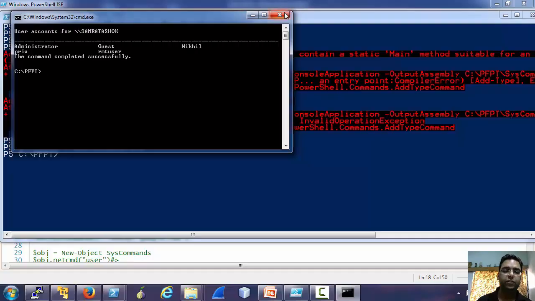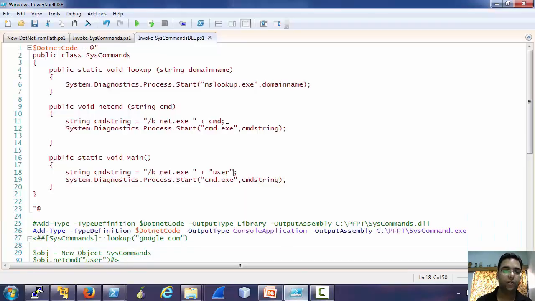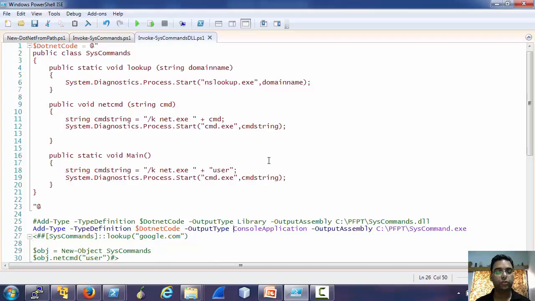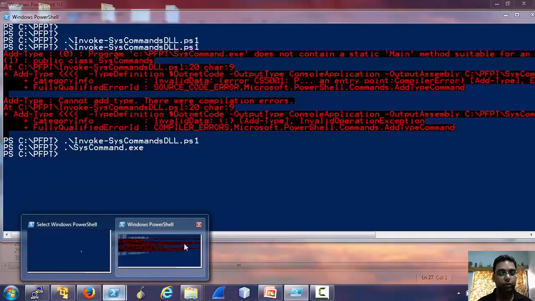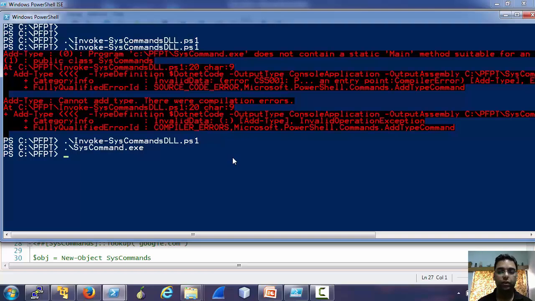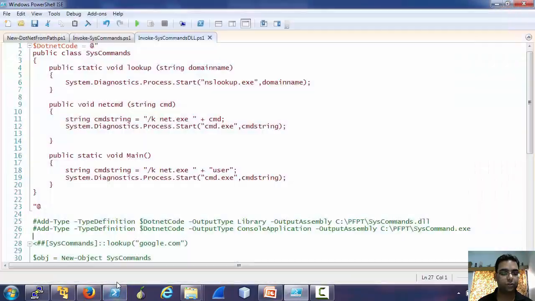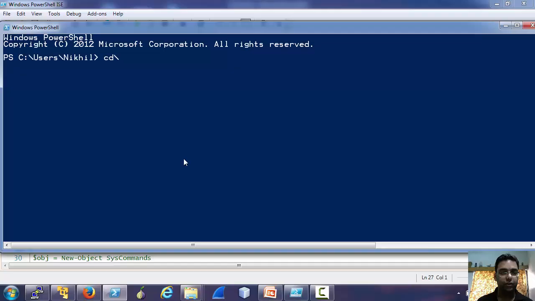So this makes it quite useful when using some C# or any other .NET code in PowerShell. So that is it for the compilation part. Now because the syscommands type has already been loaded in this session, let's close this. Let's close this too, and let's